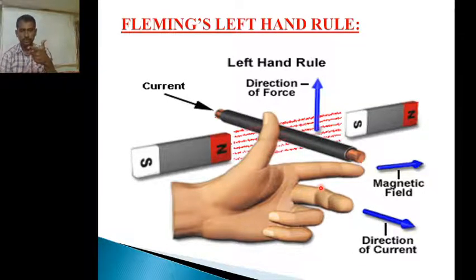In the slide also, the direction of the magnetic field is indicated from the north pole to the south pole, and the direction of the current is inward, which can be represented with a dot. Then the force developed is in the upward direction. Upward direction means, sorry, clockwise direction. In this manner, the direction of the force is decided by Fleming's left hand rule. However, this will be understood better from the coming slides.